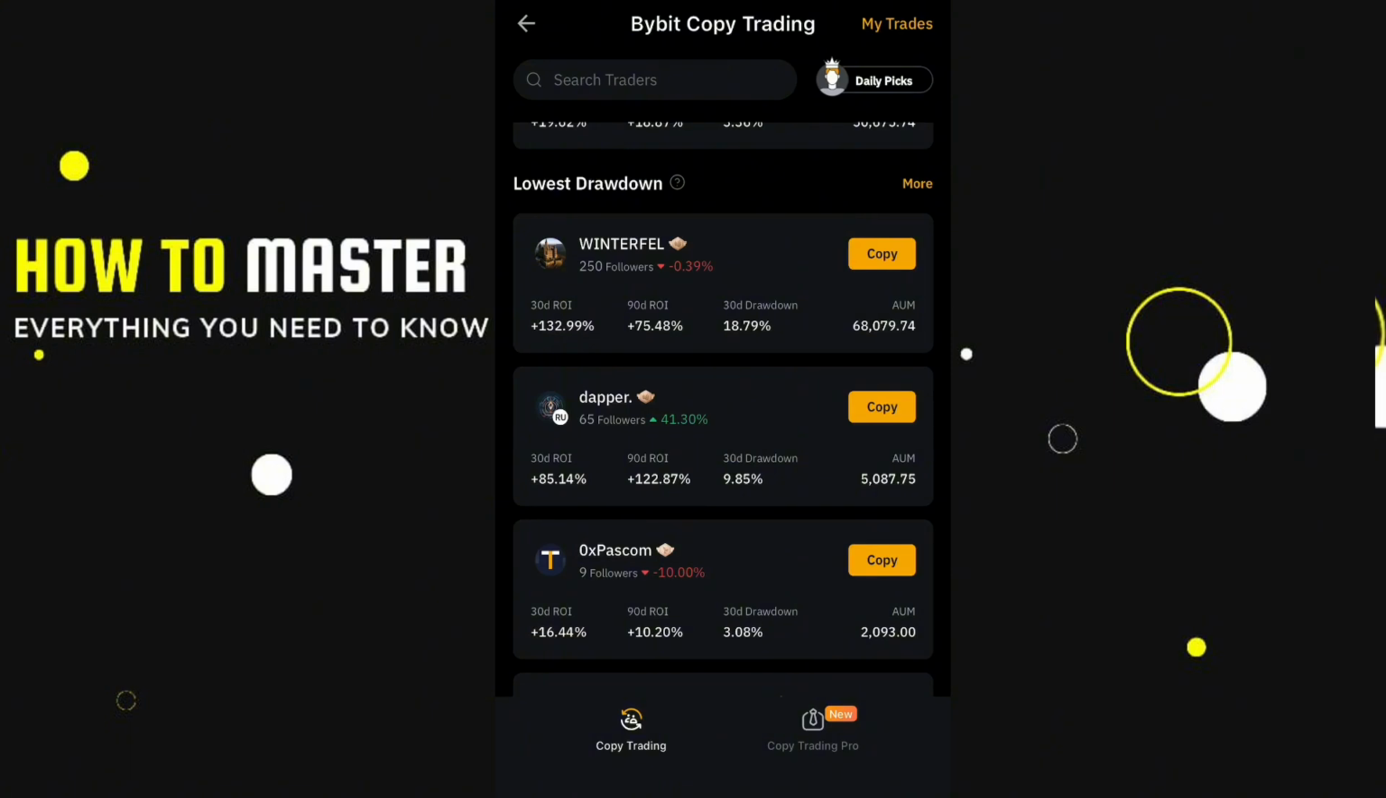So this could simply mean they lost money in the other months, but overall, their drawdown in 30 days is 18%. And their AUM, which simply means assets under management, is $68,000. This simply means all the funds that are being controlled by the master trader. So you can then go ahead and choose the trader that suits you, and once you do, click on copy,